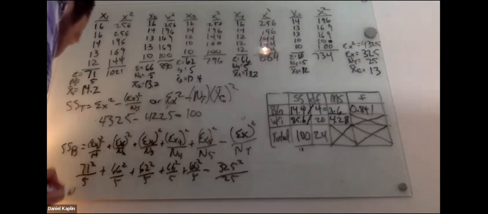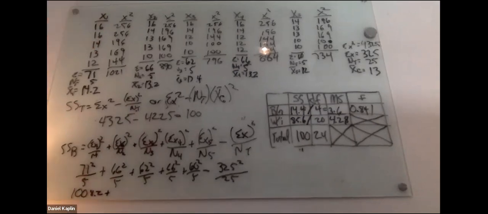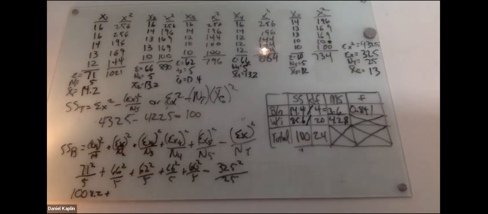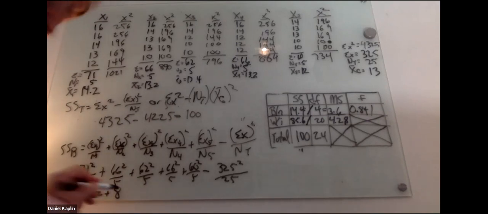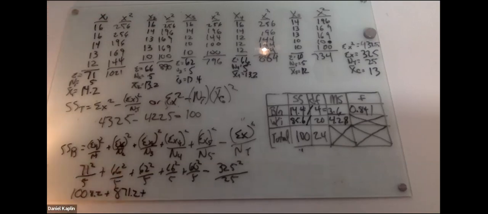Okay, so let's put 1008.2 here, plus 66 squared divided by 5. We're going to get 871.2, plus 62 squared